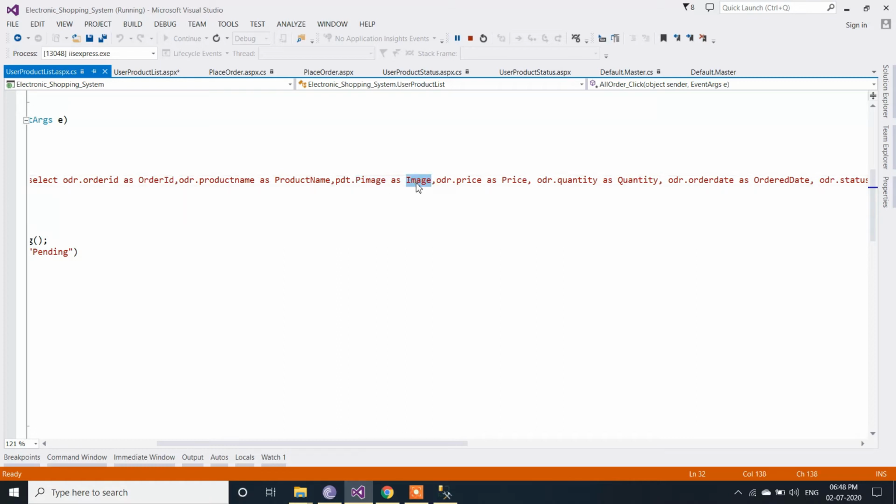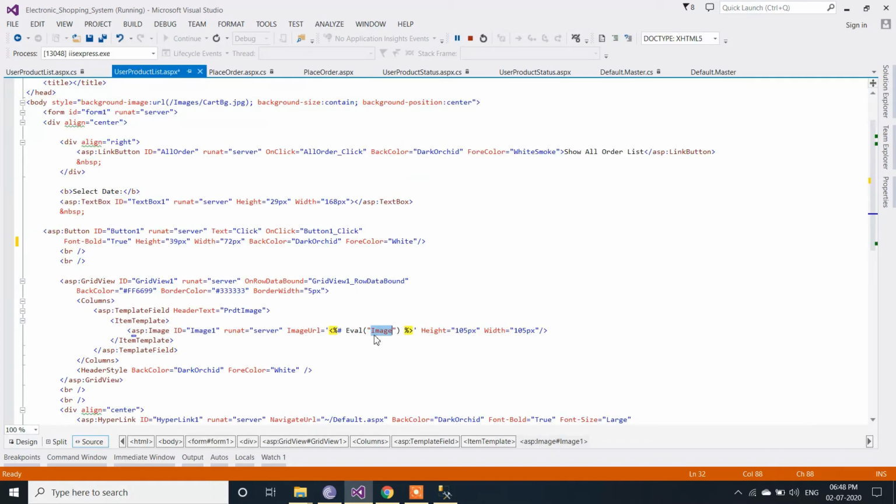Now we are going to get the data with the column name as image, so I am getting this column data inside this image. Based on the path of that image, it will get the image from our image folder wherever the path has been given. Based on that, the image will be displayed in our grid view.